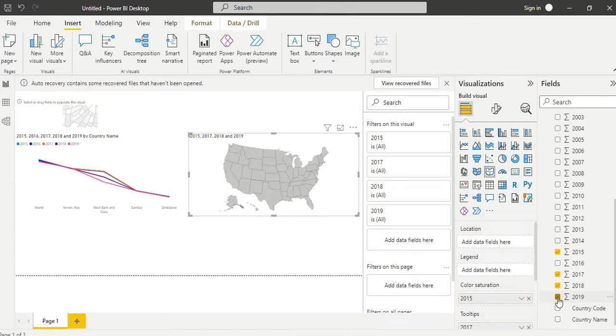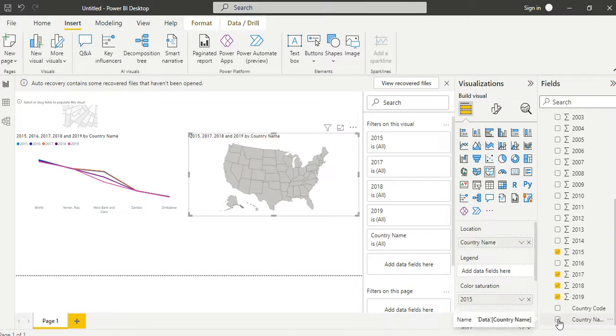So I have my shape map. I hit the country name so that